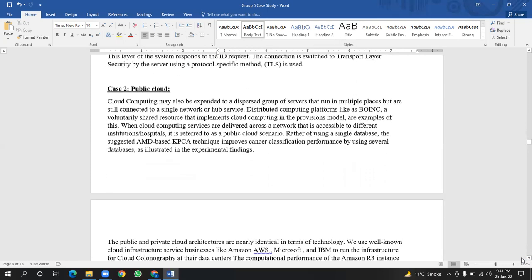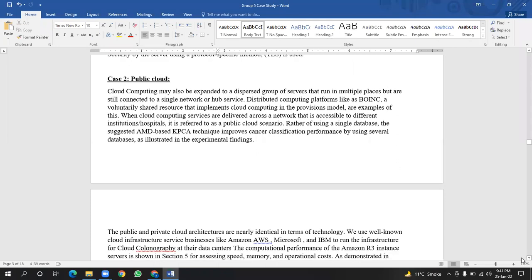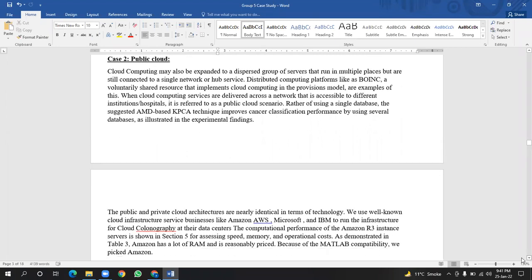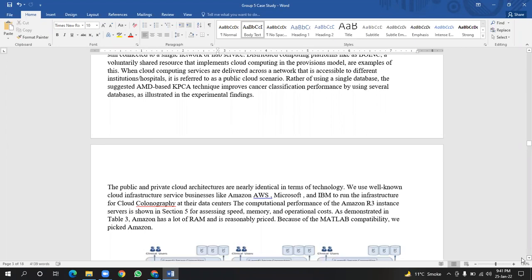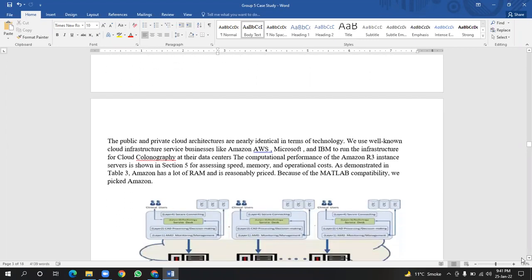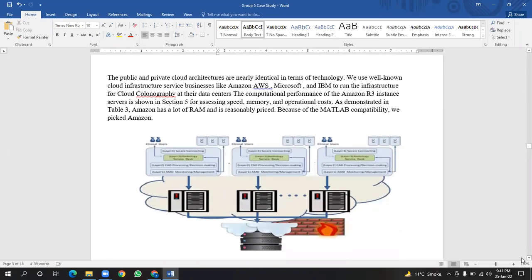In the next case, the public cloud, cloud computing may also be expanded to a dispersed group of servers that run in multiple places but are still connected to a single network or hub services. When cloud computing services are delivered across a network that is accessible to different hospitals, it is referred to as the public cloud scenario. Rather than using a single database, the suggested AMD-based KPC technique improves performance. The public and private cloud architectures are nearly identical in terms of